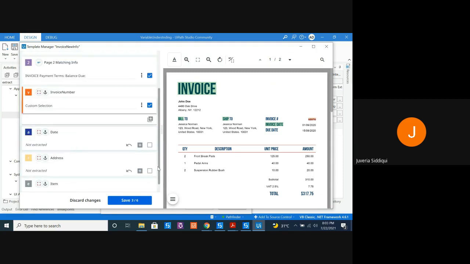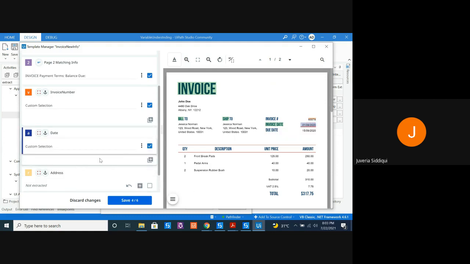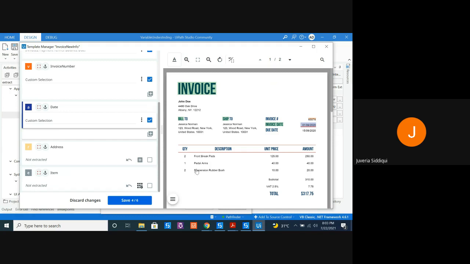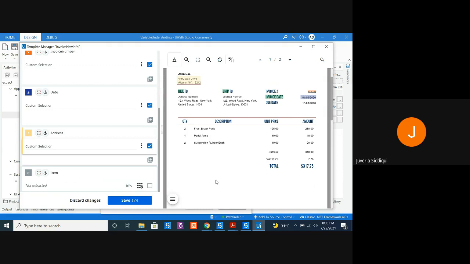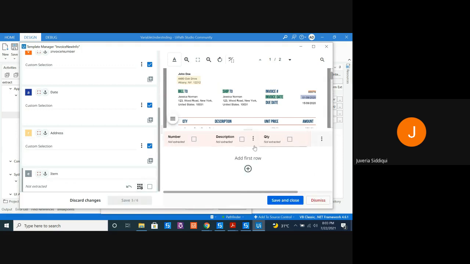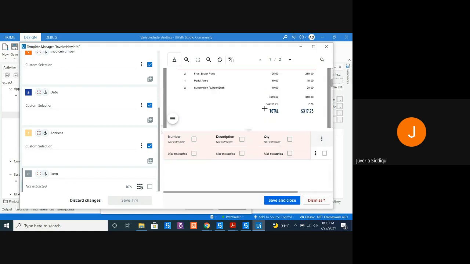So let's start with date. And same for table. So I want this whole information in my table. So let's start. Again, let's start by extracting a new table.